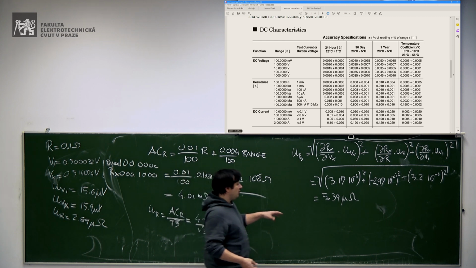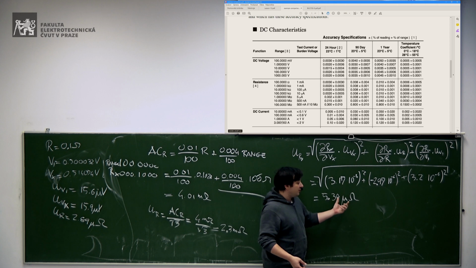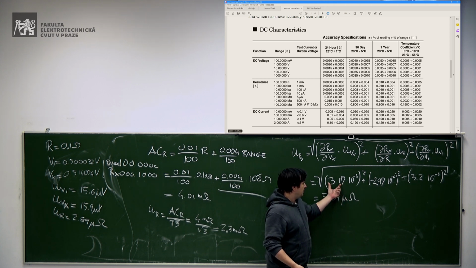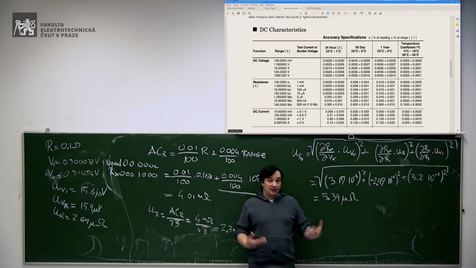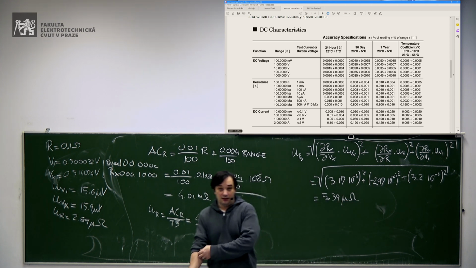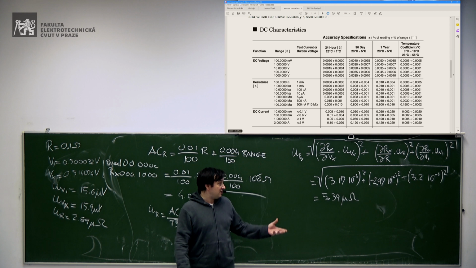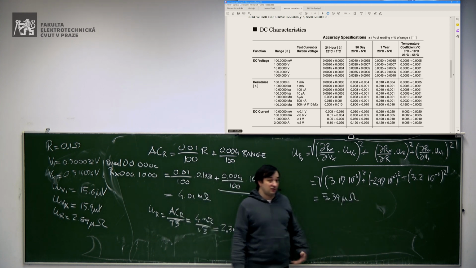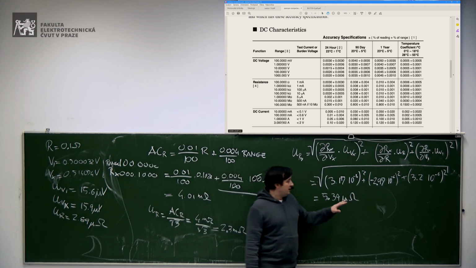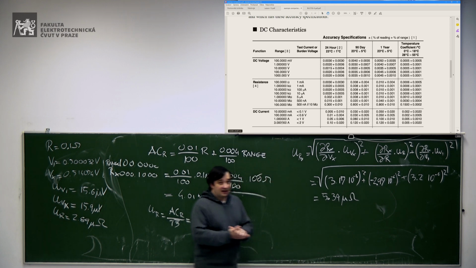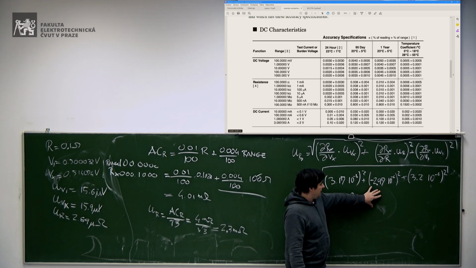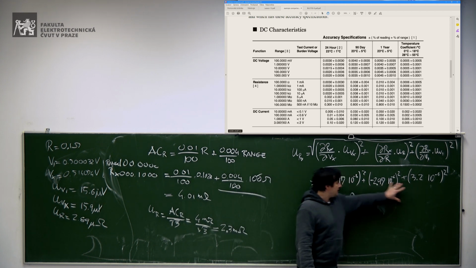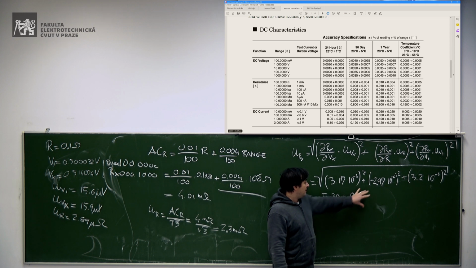And the uncertainty is much lower because even if you have 3 contributions, these 2 contributions are quite small, and of course you must use a standard which has small uncertainty. So the accuracy of this standard should be good. Here I intentionally chose a very expensive standard with 50 ppm, but these 3 contributions are more or less the same.